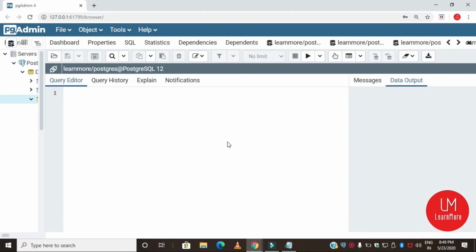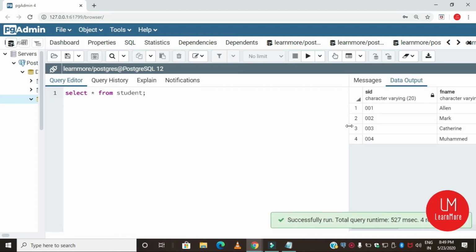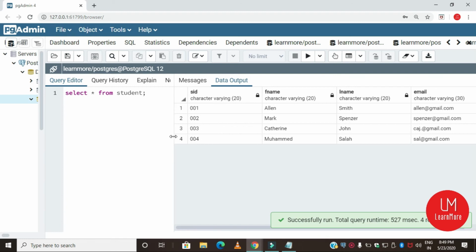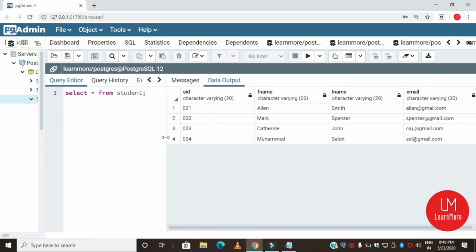We can use the same student table to apply the where clause. First of all, let's display all the rows in this table. So to get that, you have to run a select command. Select, that is all the rows, means you have to use a star from student. I'm going to run this query. See, these are all the columns and rows.